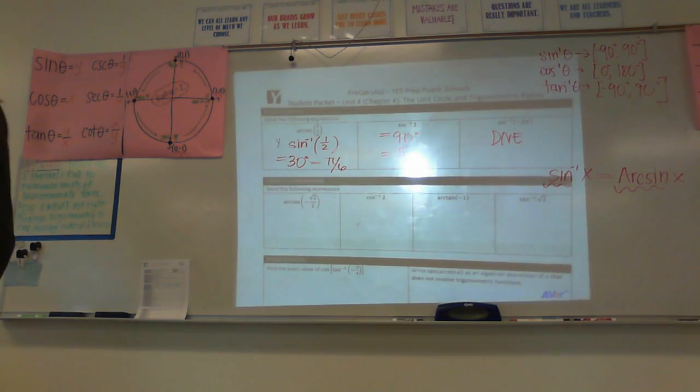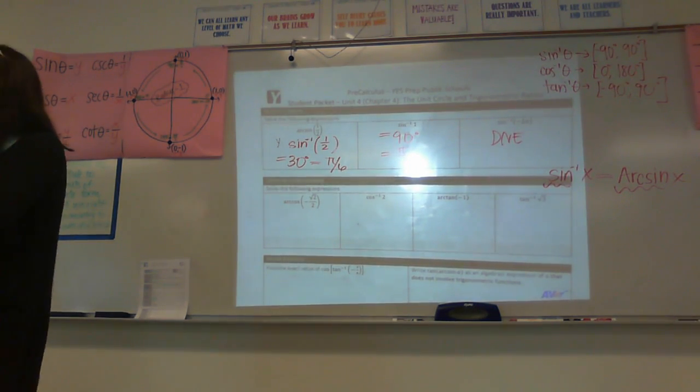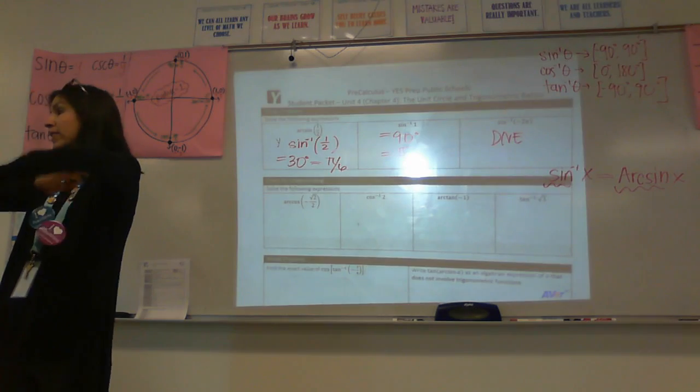That takes some getting used to because you're used to looking at the whole circle. But for cosine, I actually only know the